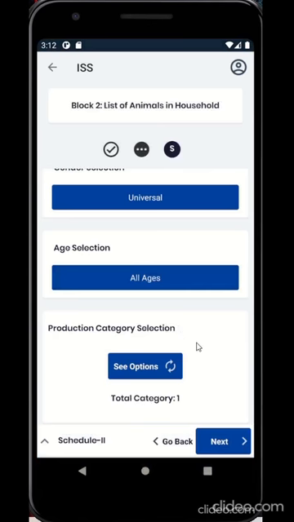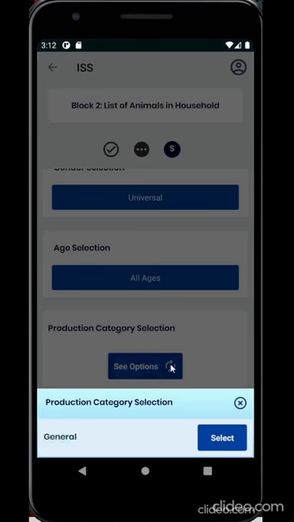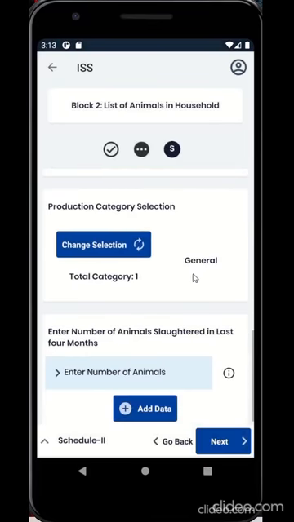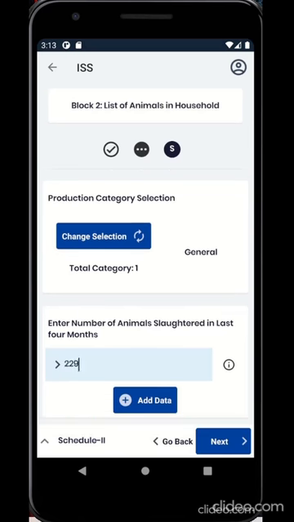For production category selection, click See Options. Click Select. Enter number of animals slaughtered in last 4 months. After completing all the above entries, click on Add Data.